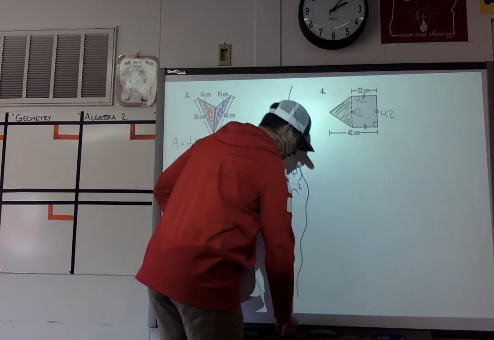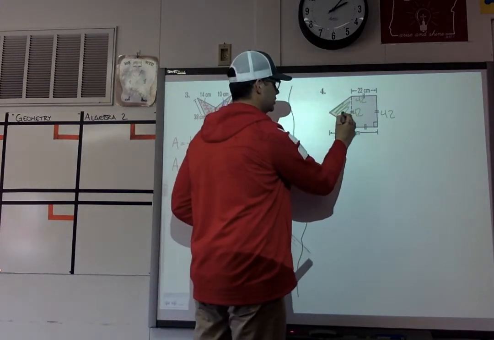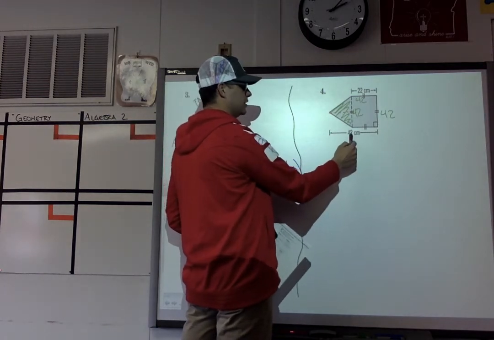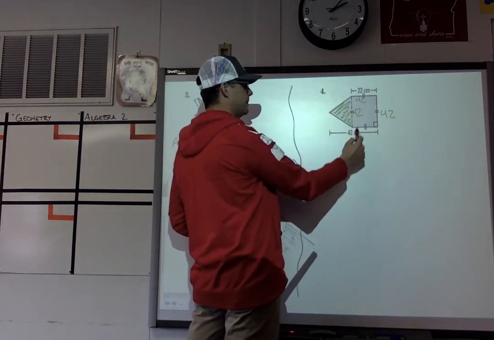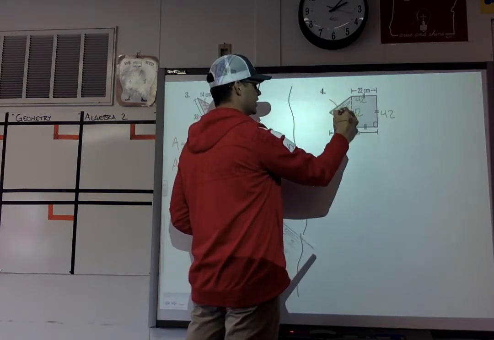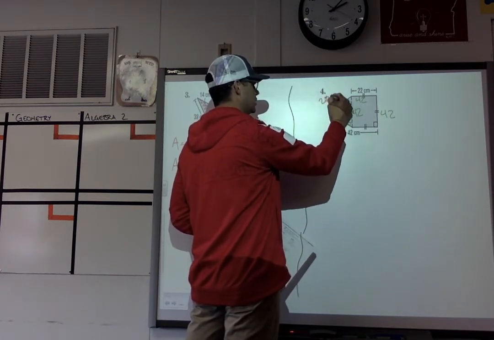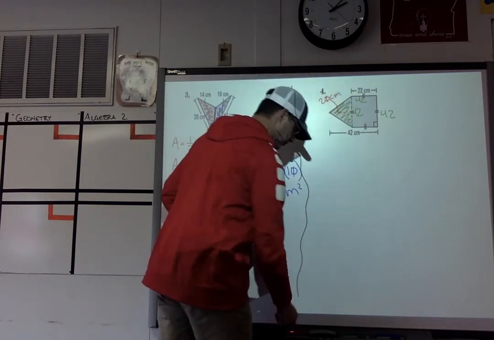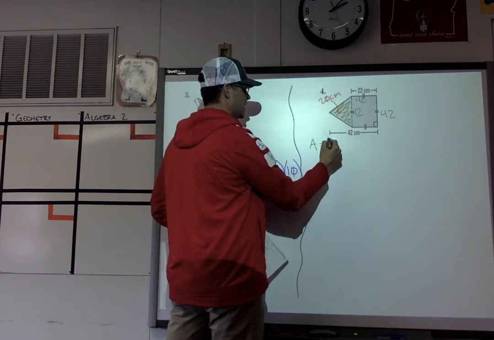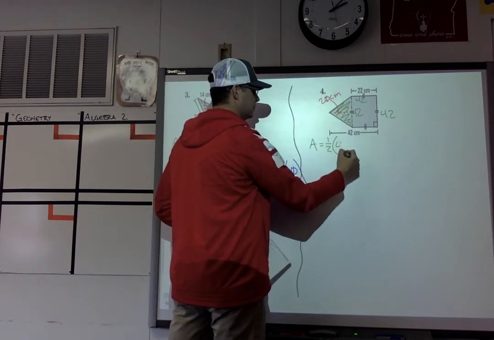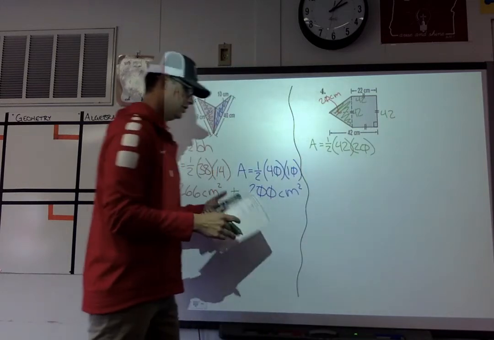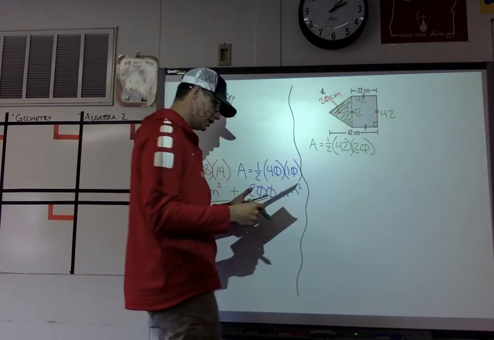In order to find the height of that triangle, right there, the height of the entire figure is 42 centimeters minus the square, which is 22, would leave us with a height of 20 centimeters for our triangle. So for the triangle, the area is 1/2 times the base of 42 times the height of 20 would give us